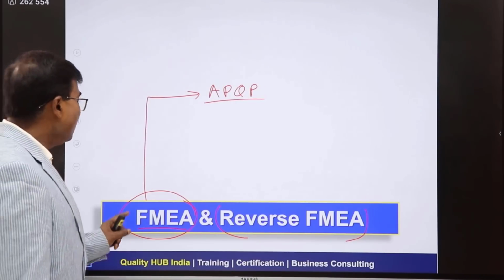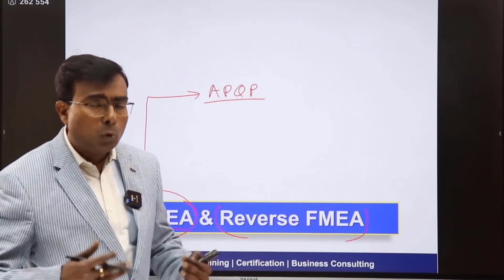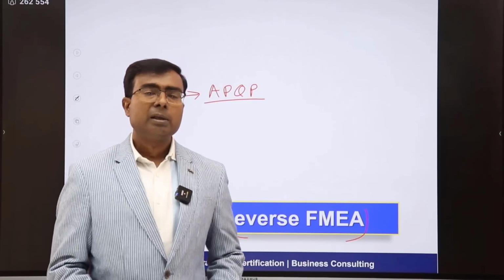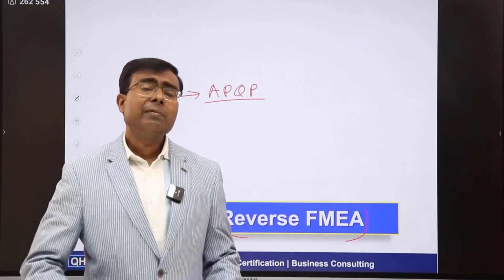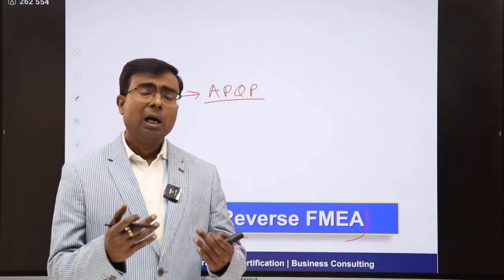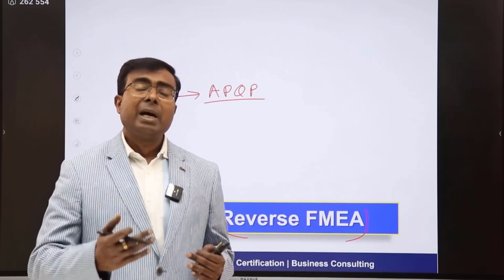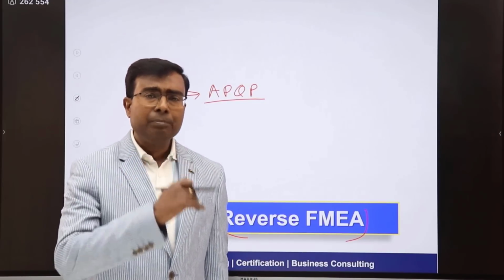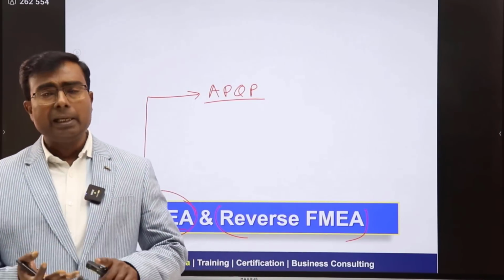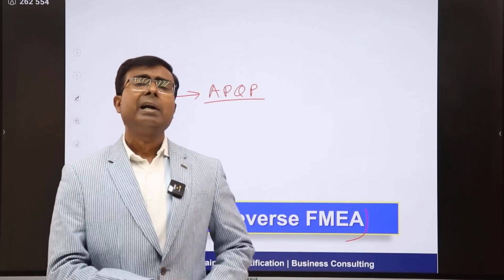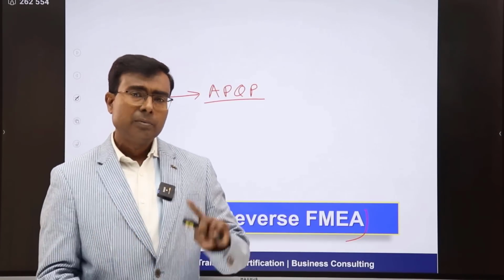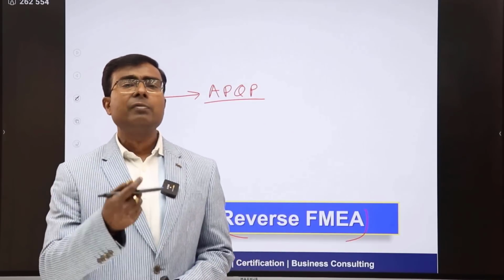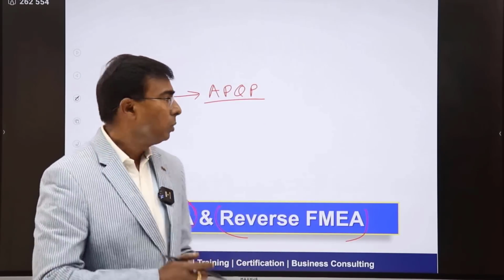So the purpose of doing FMEA is to identify failure modes during the design phase, product and process, okay, and identifying the failure modes, how it is going to impact in short run, long run, and then we are analyzing them through identification of severity, occurrence and detection. Then we identify risk priority number in the older method. In the new method we identify action priority, okay.